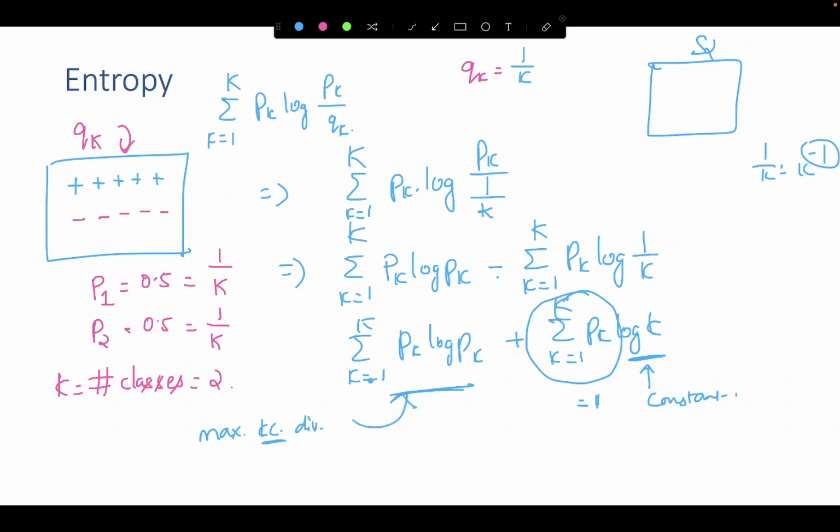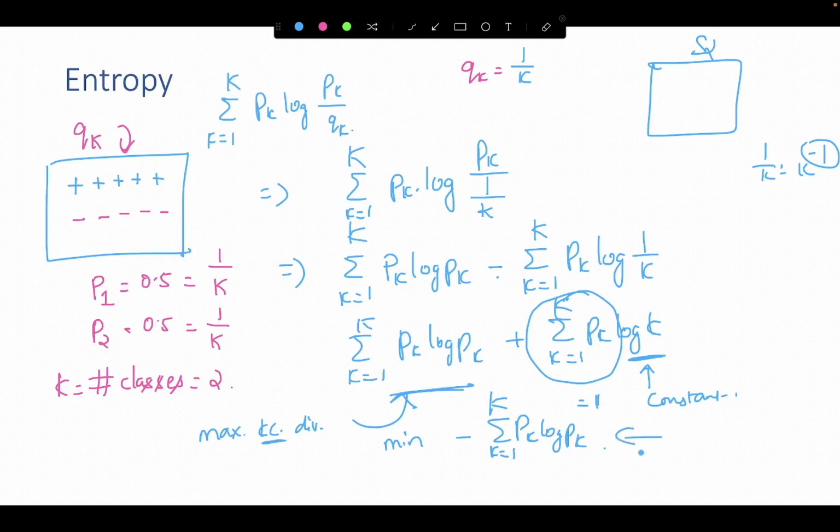This function, summation of k equal to 1 to capital K, P sub k log P sub k, is what we are trying to maximize here. I can also minimize minus summation of k equal to 1 to capital K, P sub k log P sub k. So maximizing summation of P sub k log P sub k is the same as minimizing minus summation of P sub k log P sub k. I just added this minus term so that maximization gets converted to minimization. This is what we have already understood in detail. So now,